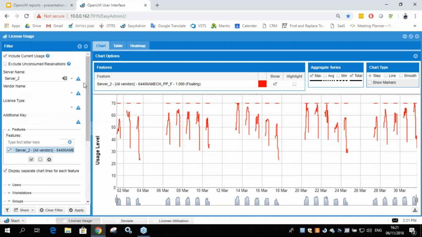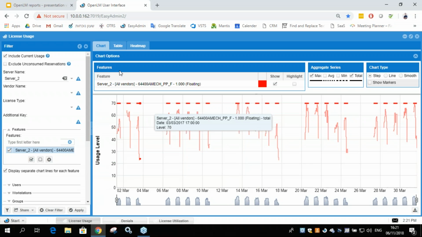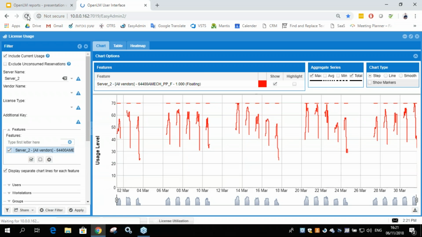Now, before I move on to answering questions and all that, I just want to show you a few things that you probably missed in the OpenLM interface. So if I reload this page,